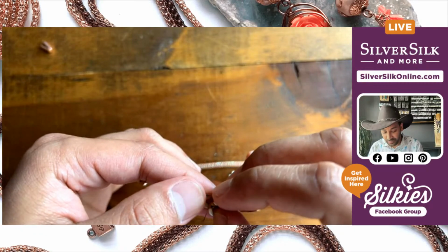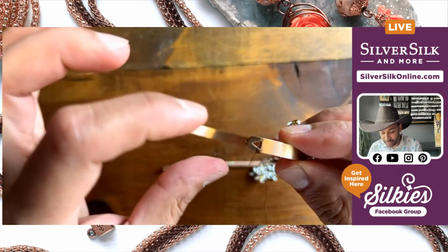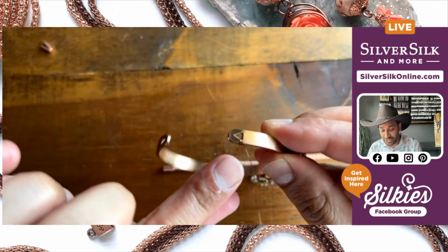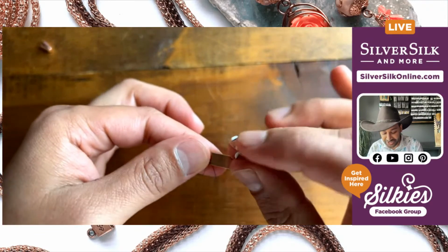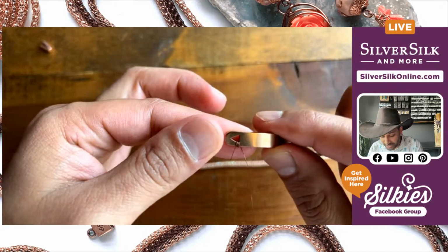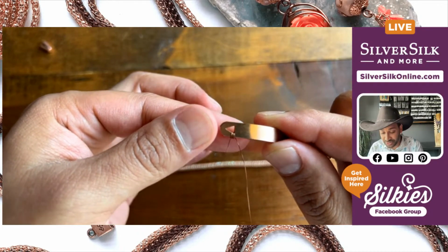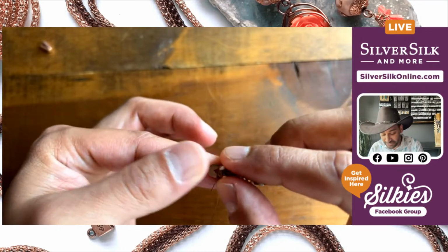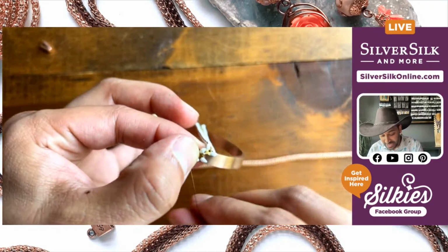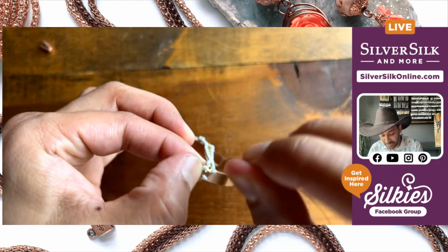All right, so what I'm going to do now is, once I've coiled it in place, I've got a little piece of wire sticking out right here, but I'm not going to worry about it right now. I could just cut it off later. But I coiled it about 4 or 5 times there, so I know that I've got a very secure hold at this point. I'm going to carefully lay my chain out, and around that first herringbone,